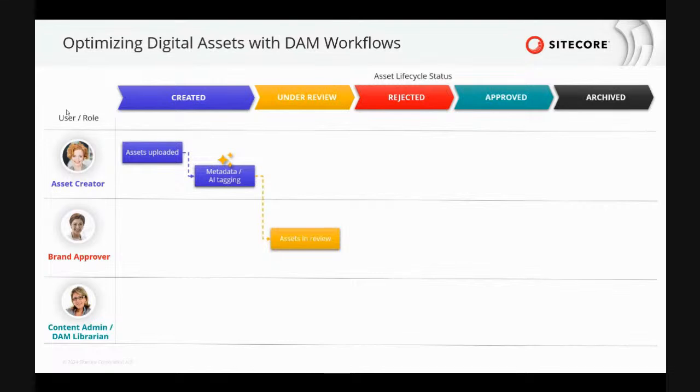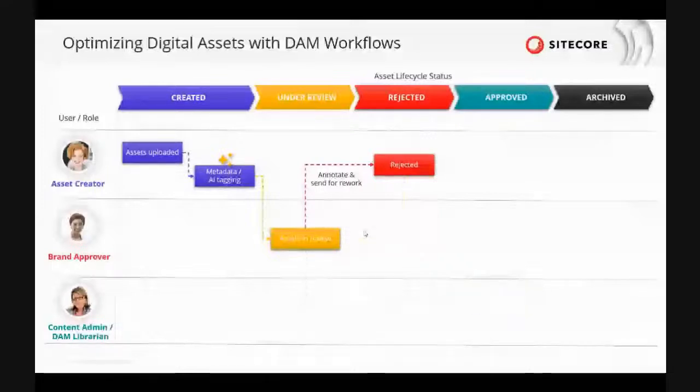And as soon as the asset creator is done, they can then send the assets to review for approval. At that point, the assets are in review, and then the brand approver receives those assets to be either annotated, sent for rework or retouch, or approved into the DAM. So let's continue in the rejected flow here. Once the assets are annotated or sent for rework by the brand approver, maybe they've used the wrong colors or the wrong images,